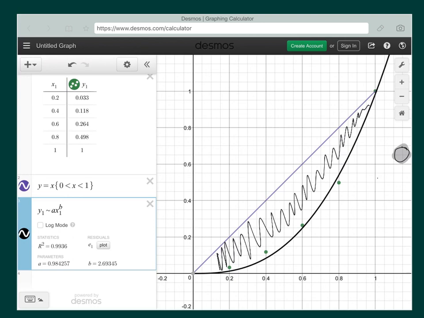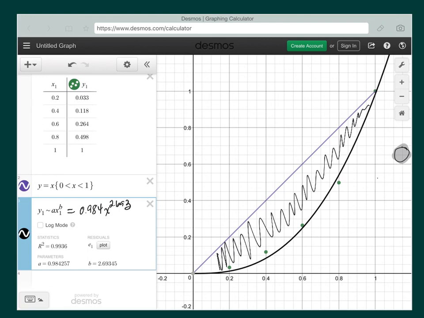So on my paper, if I'm doing my project, this is going to be y equals 0.984 x to the 2.693. That's what I'm going to use for my approximate Lorenz curve for my project, and for other problems I might do out of the textbook or homework.